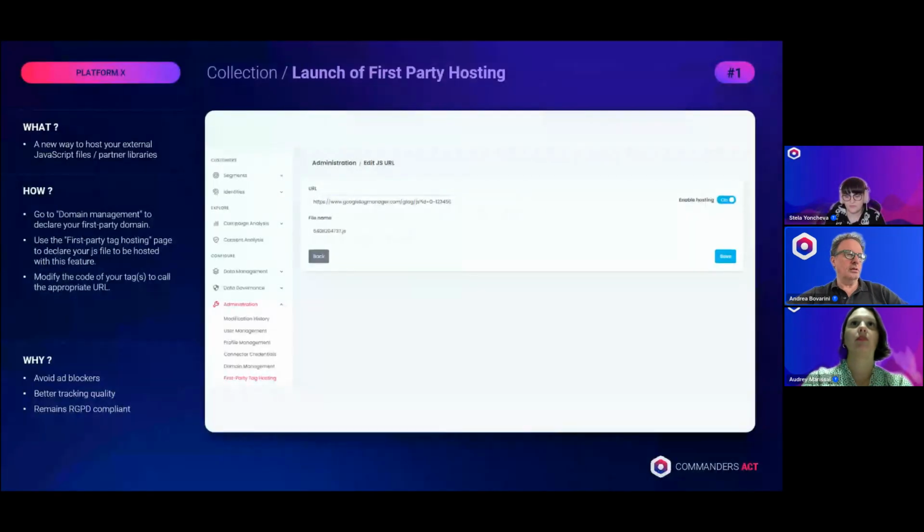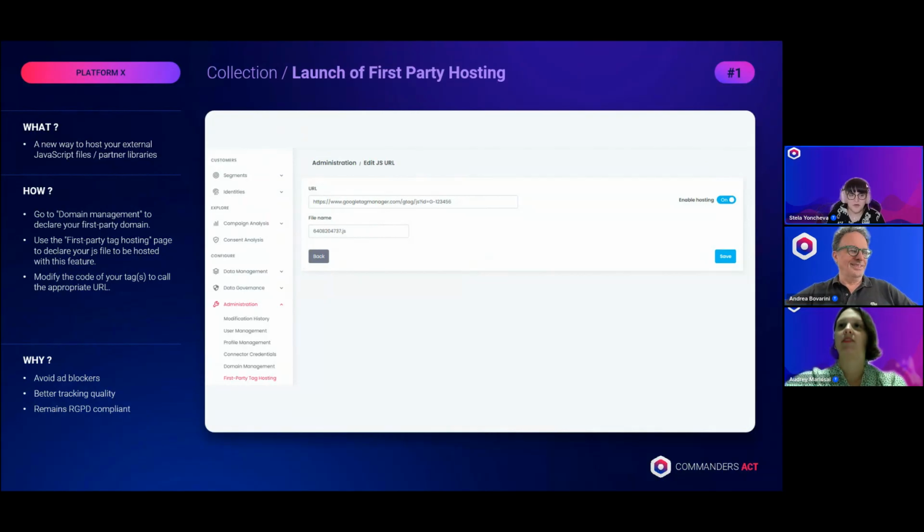You can also see on the bottom right, you can ask a question, and there is a chat. You can use it to ask a question, and after the presentation, we can answer the questions. So please, let's keep it interactive. If you want to know something, no problem. Stella, you are back. Good.